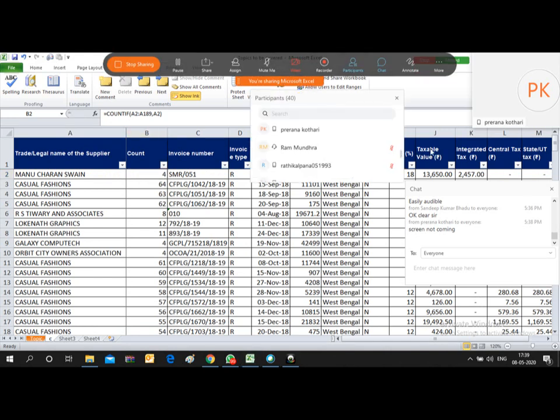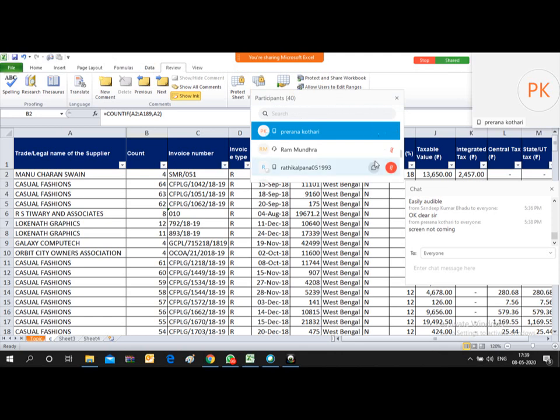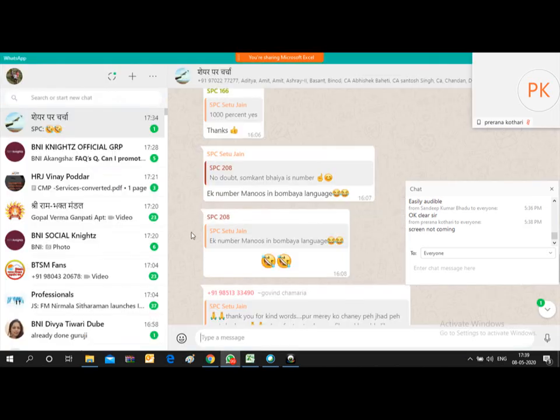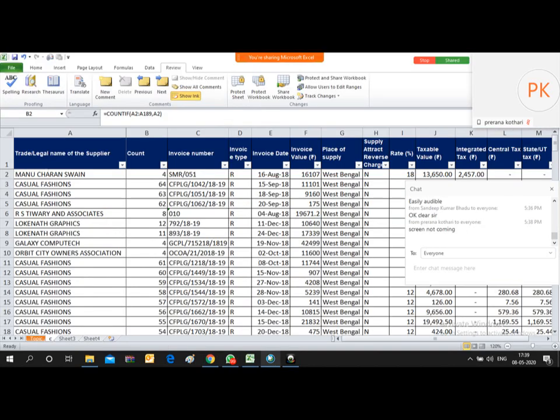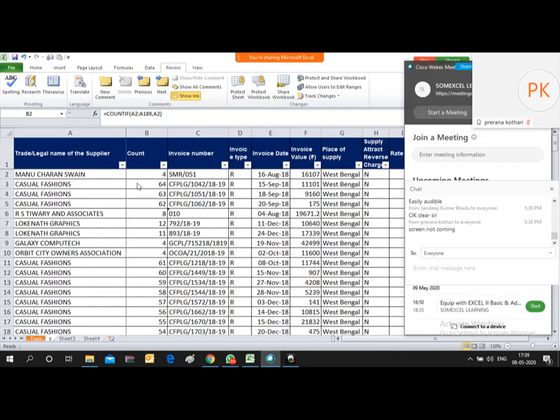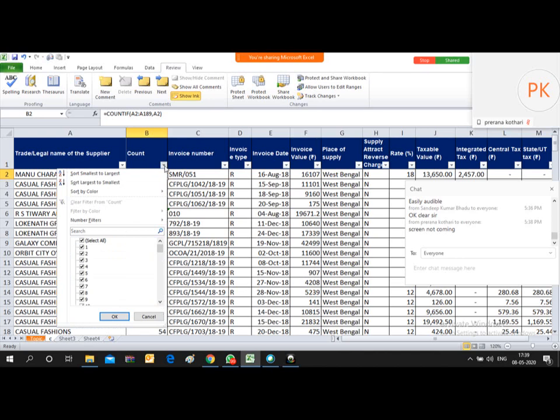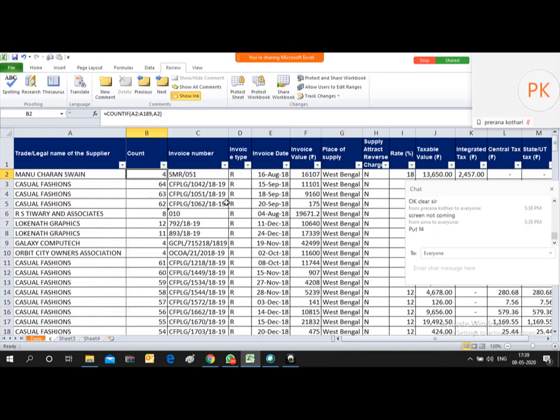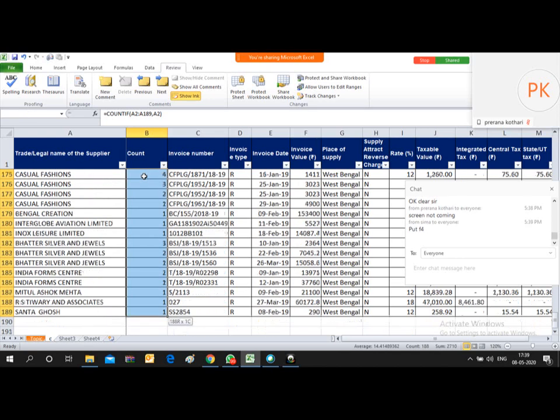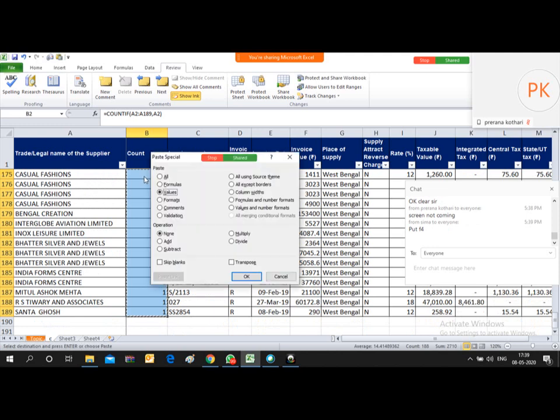So friends, here you can utilize this function. How can you use it in your practical field? Now you can sort it. Before sorting, copy and paste special this function.